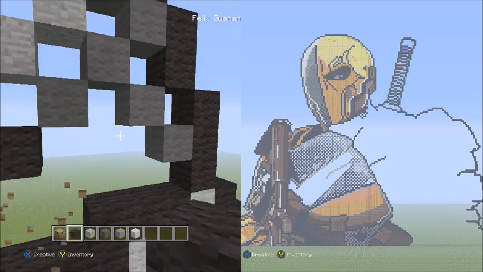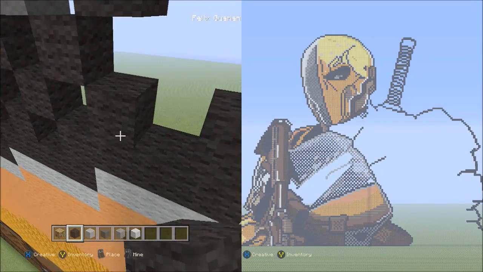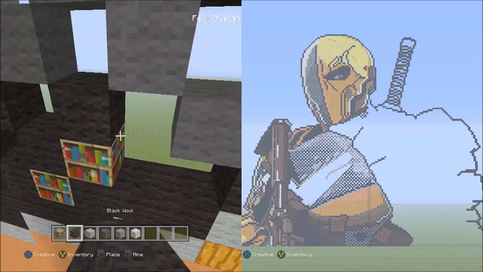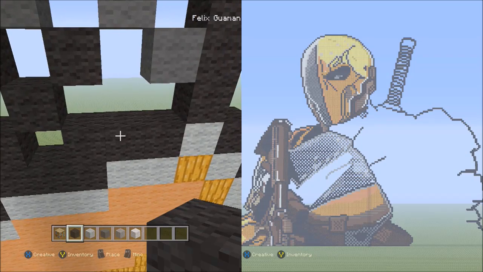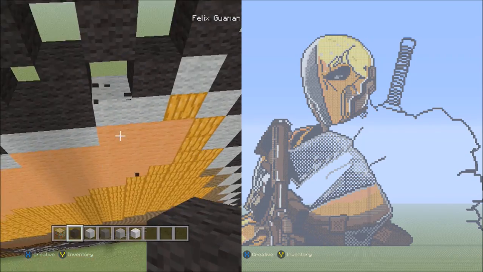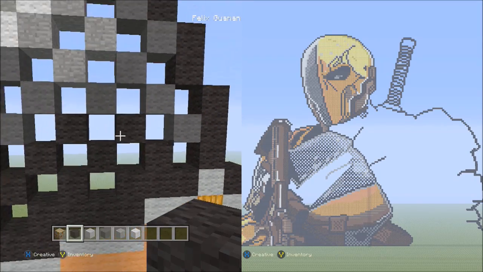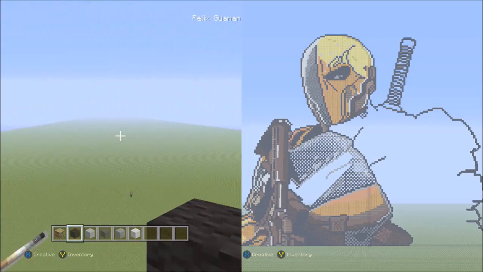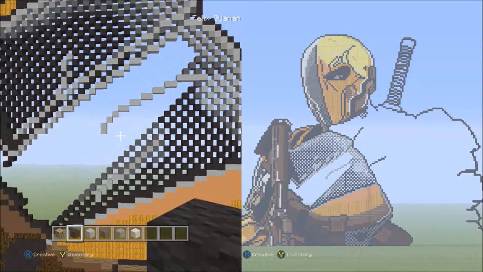Let's get rid of those, and now you're going to be placing 3 black walls. That's 1, 2, 3. And to finish this one part off, you're just going to be placing 1 black wall there, where it should start. So that's 1. See? Whoops. We placed it right there. So that's 1. And now we can fly back a bit, and you can see that it's almost halfway done with just this